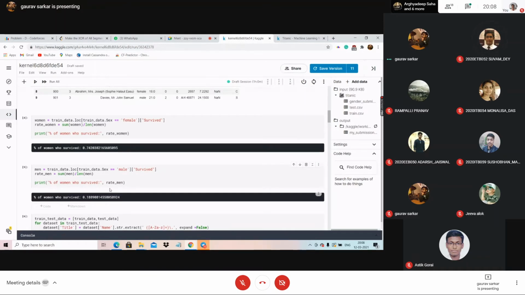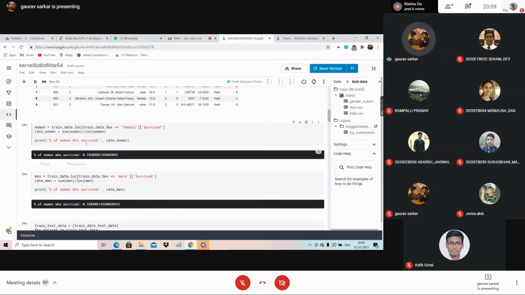Yes, right. So that is why we are doing all these things, like data cleaning and data visualization. The first thing in machine learning is data visualization. You have to visualize the data. You have to see what the data is saying, whether the survival rate of women is high or the survival rate of men is high. So that is what is being done. Now let me quickly tell you how it is being done.